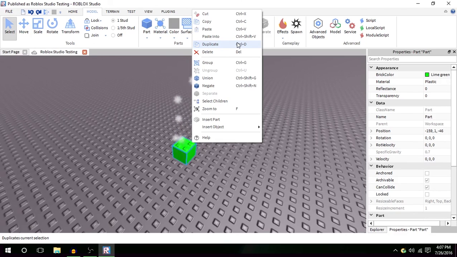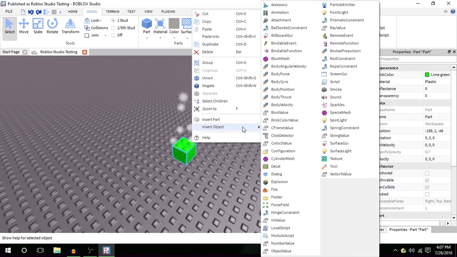Zoom to means that if you're far away from this part and you press F or you click on zoom to, you will go to that part. Insert part means that you insert a part into it, and then here's the objects. I don't know a lot of these, but I will just tell you what they are. So you have accessory,